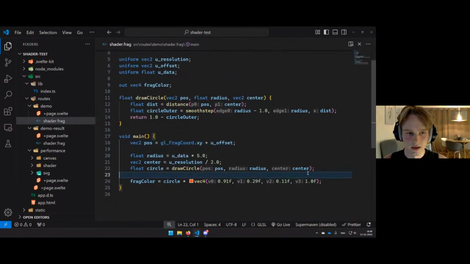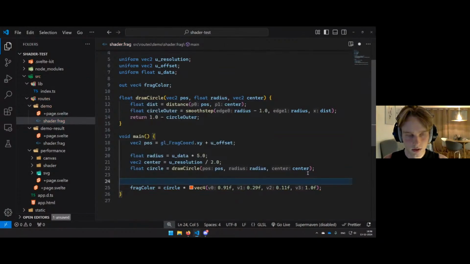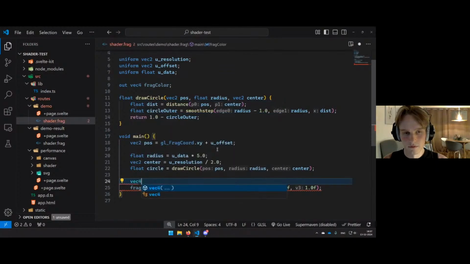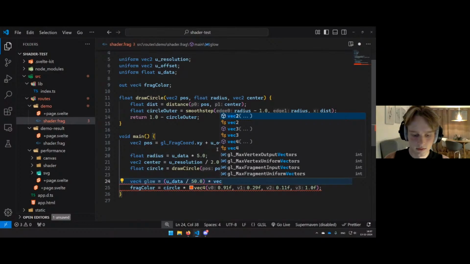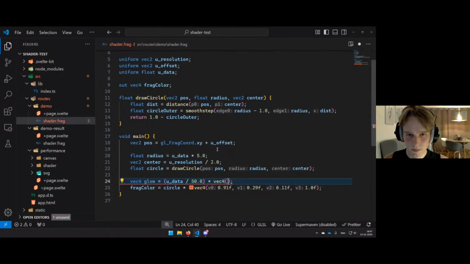Okay, but I also promised that we would make it glow. We can do that just really quickly by saying, it's an RGBA color, and saying found u data times, no, sorry, divided by 50, and then we wanted it to glow kind of yellow. So yellow is full red, full green, no blue, and I'm going to set the alpha channel here to be 0 as well,